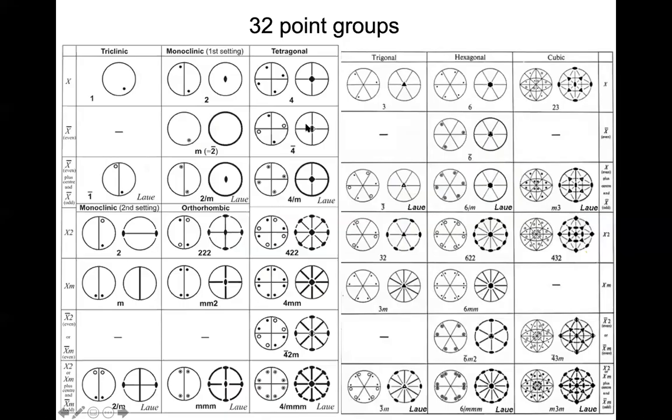Okay, so these are the 32 point groups, the diagram. So if you have time, you can go through it. For triclinic with no symmetry, only 1 point. With triclinic center of symmetry, you can have this kind of center of symmetry here. Okay, this is center of symmetry. So like this, you can create this diagram for all the 32 point groups.